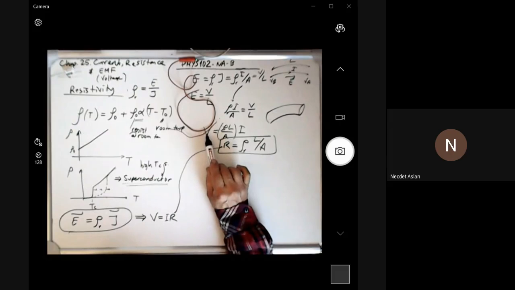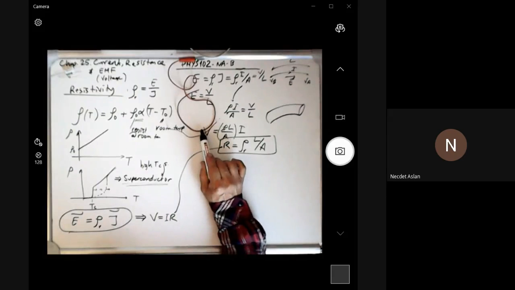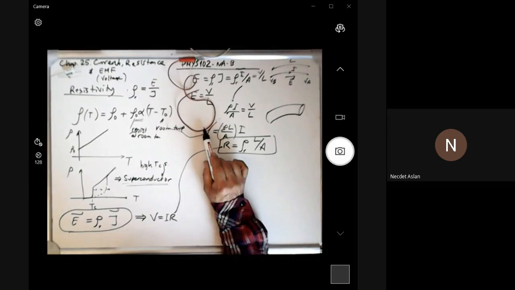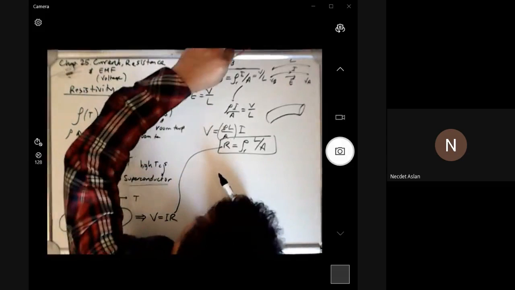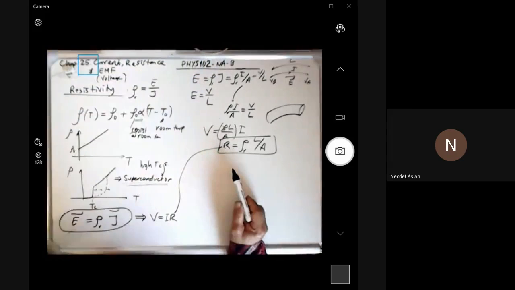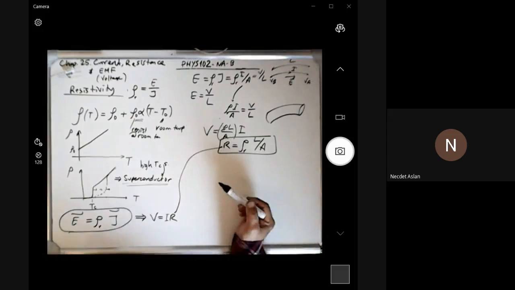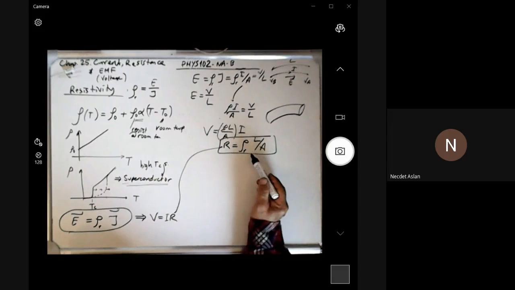So in order to pass a high current, you need cables as thick as possible. This is the reason that the jumper cables for cars are extremely big, like the thickness of a finger, because a high amount of current is passing through these cables. Small cables will just blow or burn as soon as you try to pass the current through them. Anyway, so we learned how the resistance is